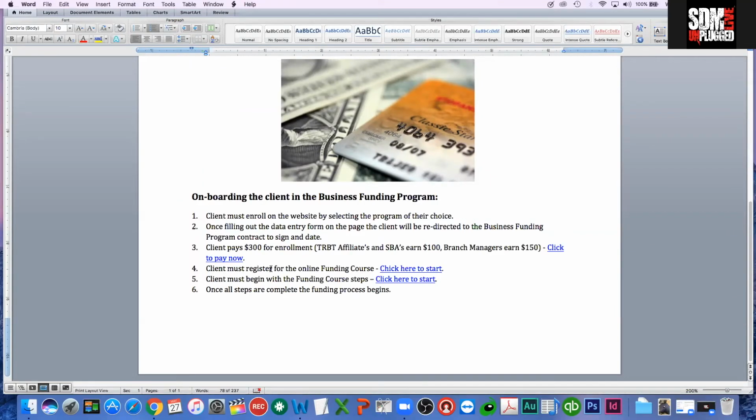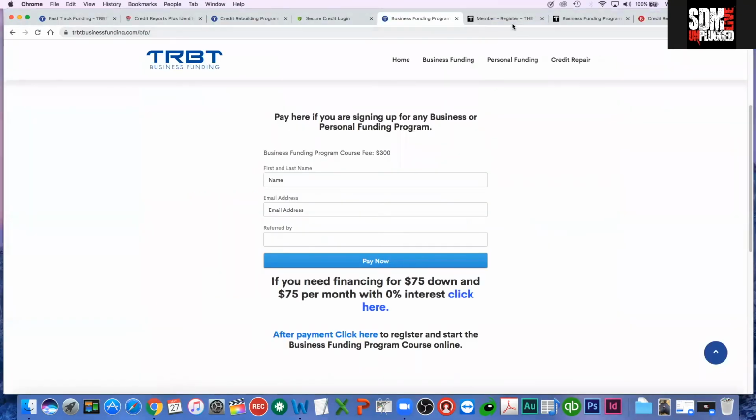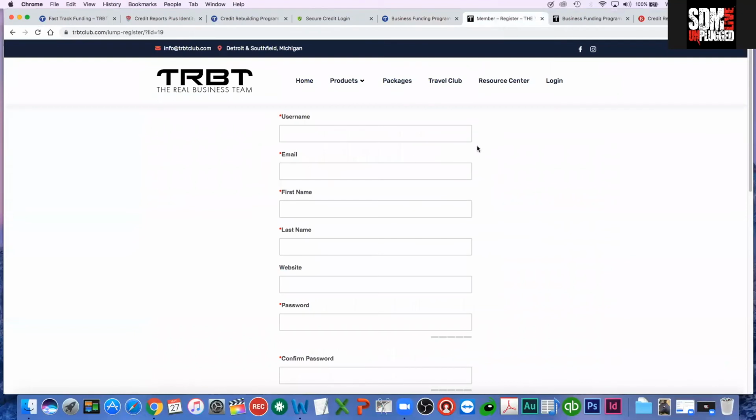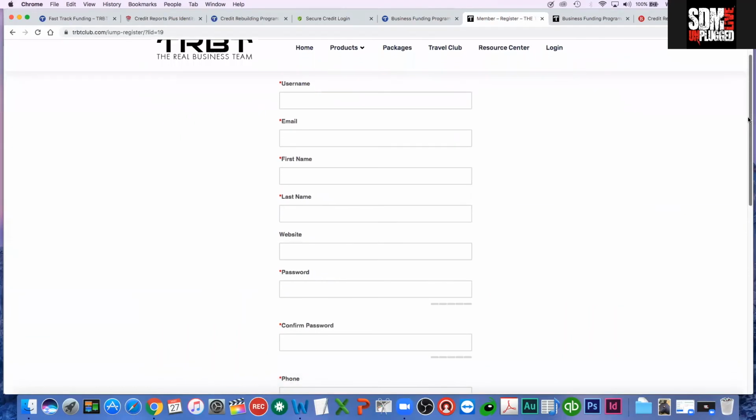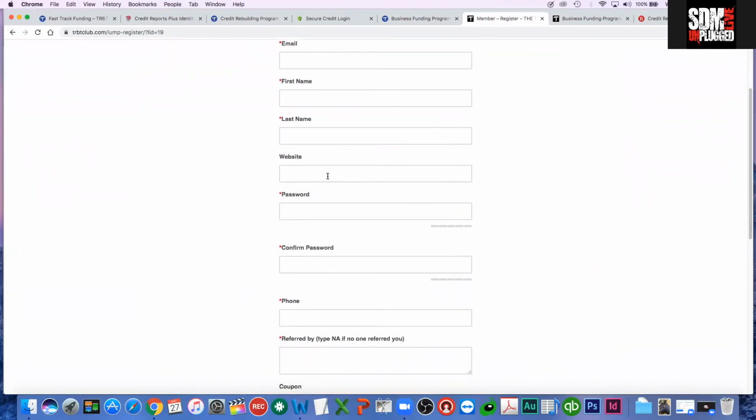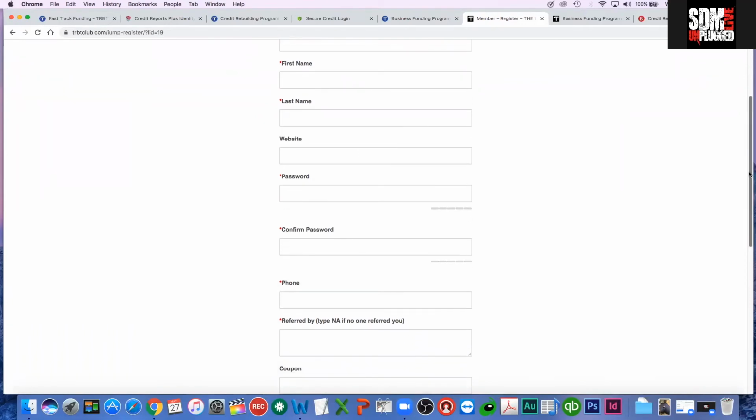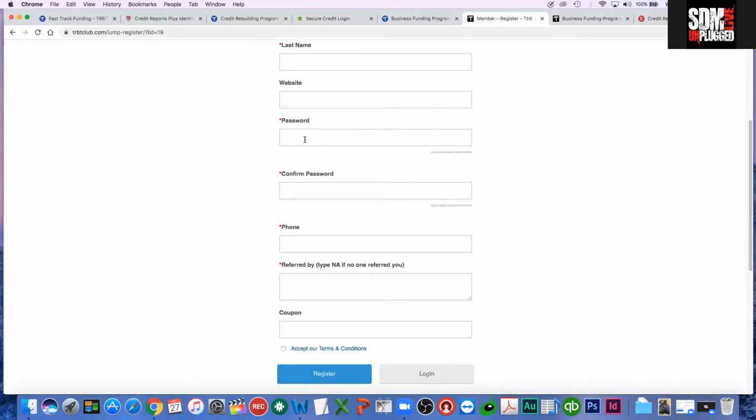And then the client must then register online for the funding course. So they click here to register online for the funding course, and what it does is it takes them to this page right here where they register for the funding course. And they make a username, so they can create their own username, use their email address with what they signed up with, first name, last name. Website is optional. If you got a website, business website, that'd be cool. You'll make up a personal password and the other information that you would need. Always put the referred by in the referred by box as well, and then push register because you're registering for the online course. Once you've registered,